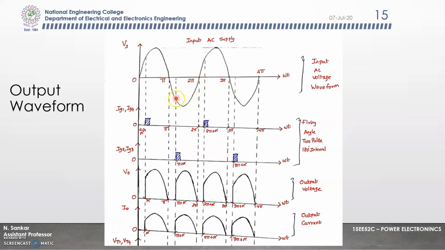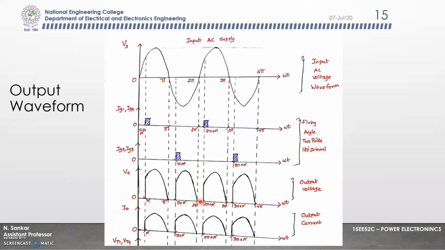You can see from this point it gets rectified and converted to a positive voltage, because mainly the rectifier is a unidirectional device. So here we are getting a positive voltage. This will get repeated for the next cycle, that is for 2 pi plus alpha. Again thyristor 1 and 4 get triggered, and at 2 pi thyristor 2 and 3 will get turned off. So we are getting a 0 voltage at this point.